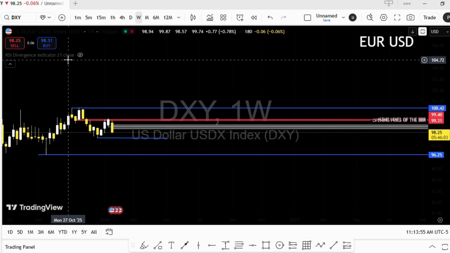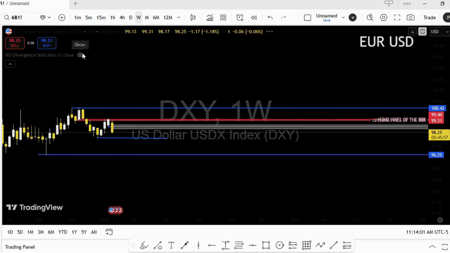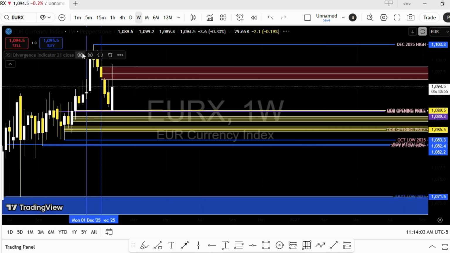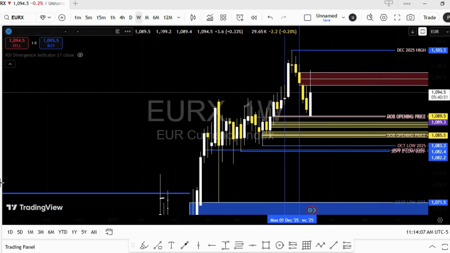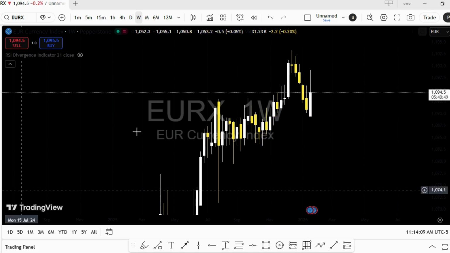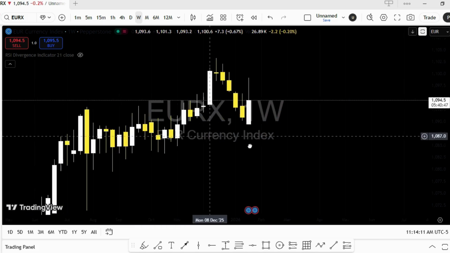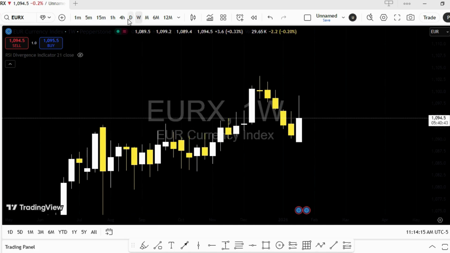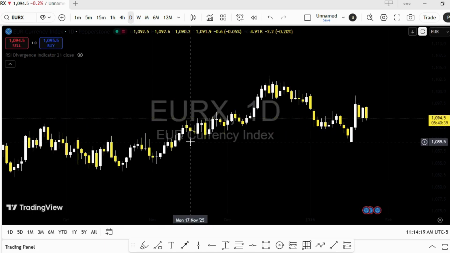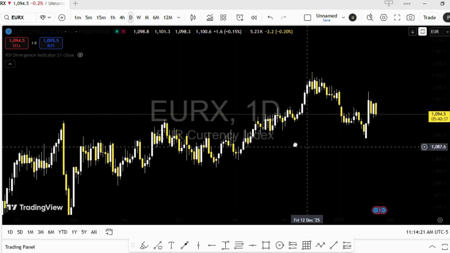Index. So let me try to get it here. It's here, and I show you. Wow. Sorry for that. The euro index, I think it has only one broker, so we are going to operate using